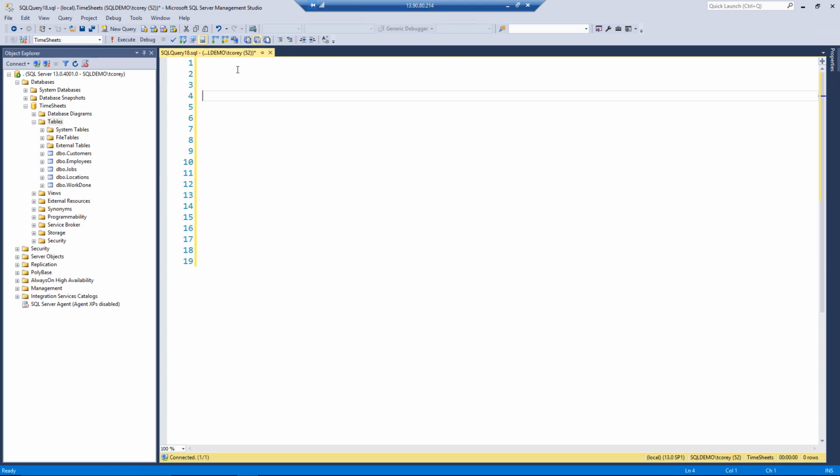Update is fairly simple. Update dbo dot, let's update employees. Now there's three parts to an update. The update, which says this is the table we're working with. Then there is the set statement. This is where you're saying this is